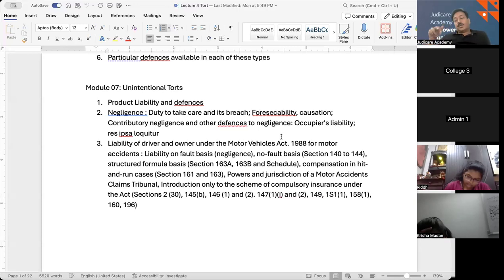Jaywalking, you know, right? You cross the road from anywhere, any place, without even thinking, looking into the signal or the vehicles coming and going, and you are just walking abruptly on the road, which is jaywalking. So, a pedestrian jaywalking gets hit by a car. He was jaywalking, he gets hit by the car. So, if the pedestrian was partly to blame for the accident, the damages awarded may be reduced based on the degree of their contribution to the risk.